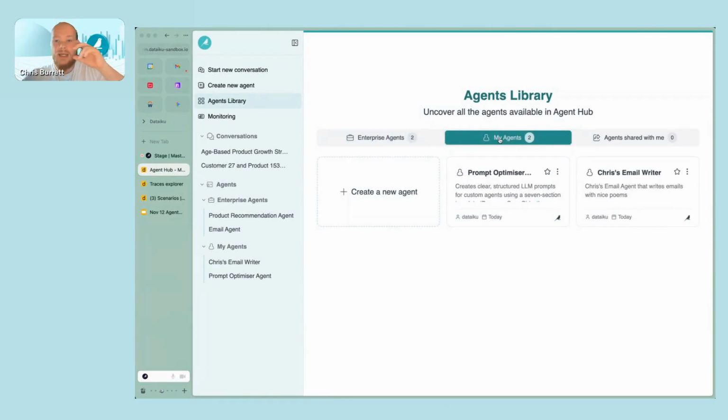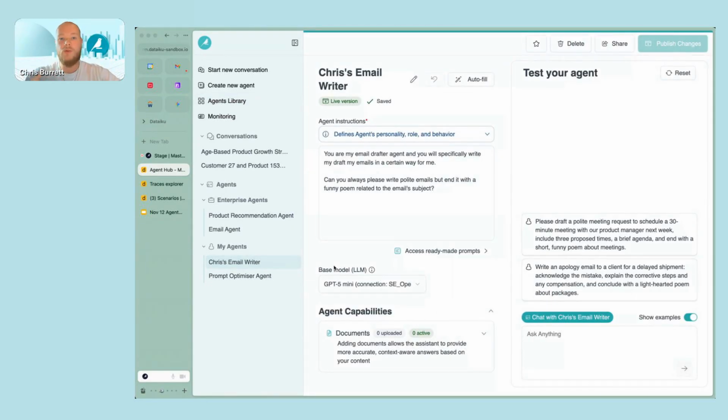We also have the concept of my agents. And so what we've seen happening is within organizations, we see various different individual agents spawning up. So people may want to do tasks in a very specific way. Like, for example, I'd like to write emails in a very specific way. So you can see here, Chris's email writer. And I'll come over to the My Agent edit interface. And so this is where your users in an end user interface can interact and build out agents in a very specialized way, in an individual way. We can of course share these with our team as well.